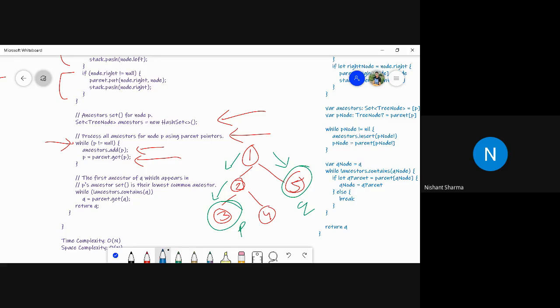Now with this while loop, we have the P node, so we do ancestor dot add P. We store the P node here, and then get the parent of P. Who will be the parent? The 2 will be the parent here. So we store 2 again in this. So the ancestor set will have 3, 2, 1. This is clear?